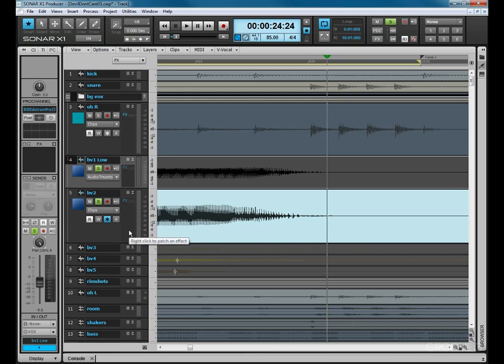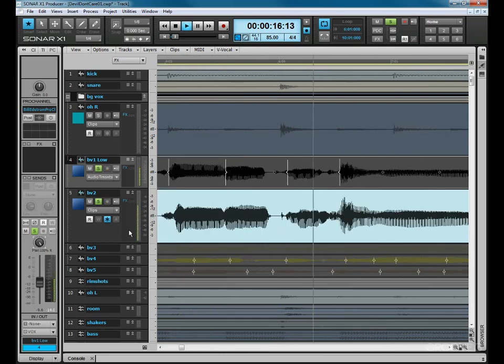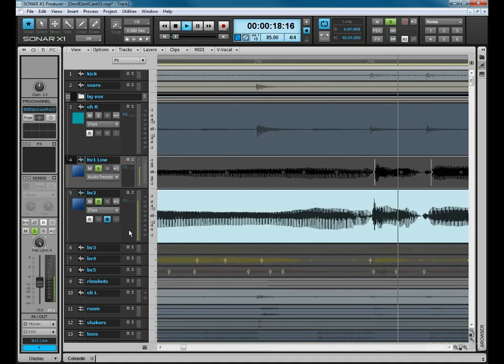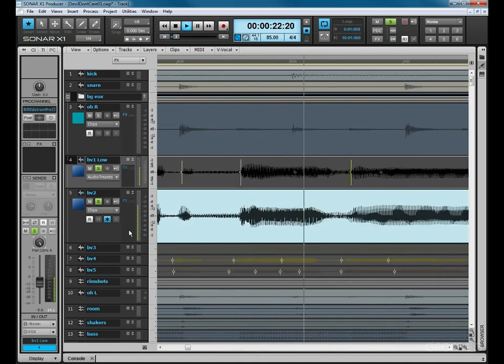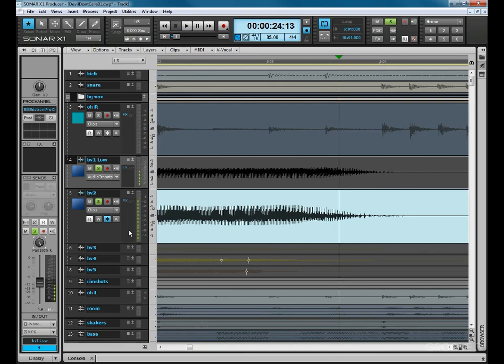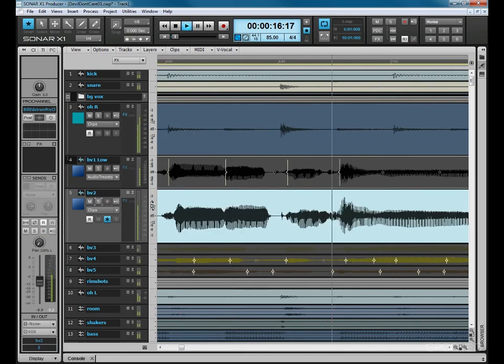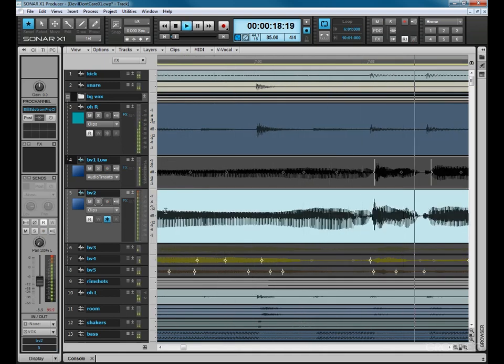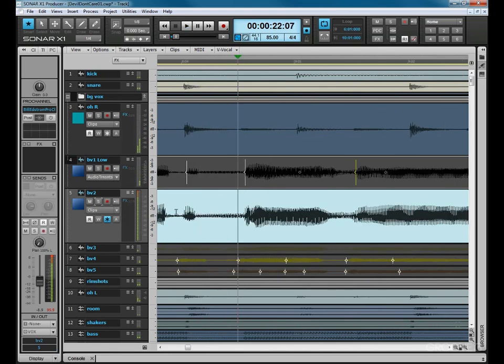I'll use the Shift Control Page up to get back to the beginning, and we'll audition this. He'll never take me down, down to the darkness, down with the devil. All right, so that's a little bit tighter. These are also soloed, so let's listen to that with the rest of the stuff. He'll never take me down, down to the darkness, down with the